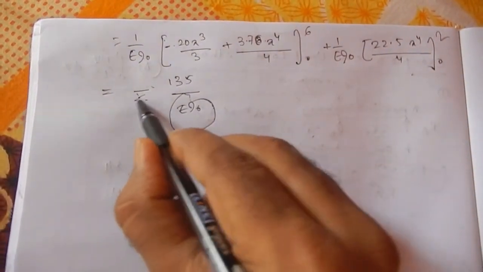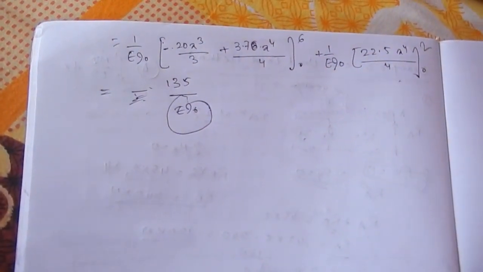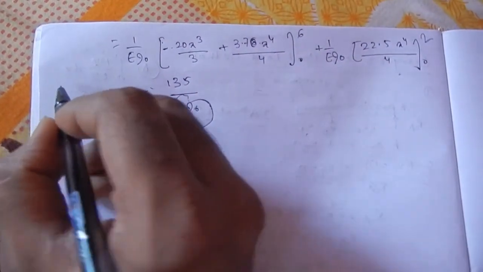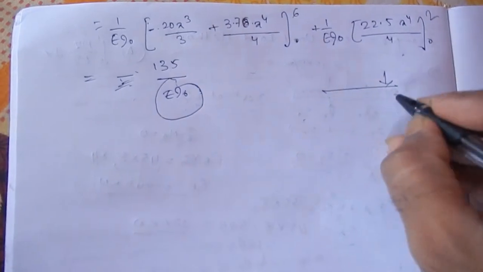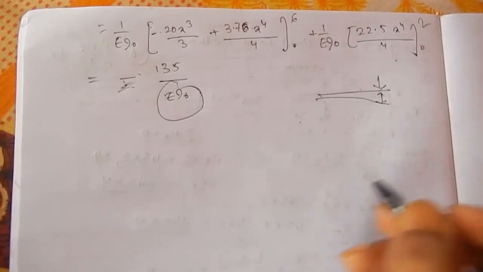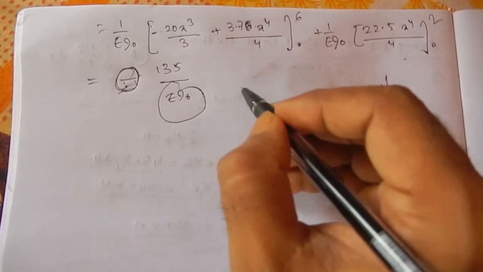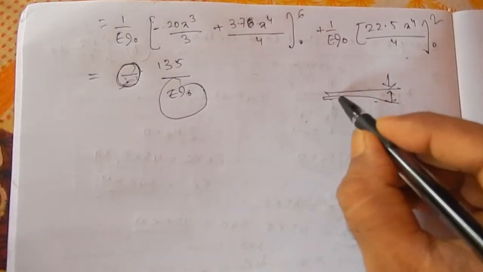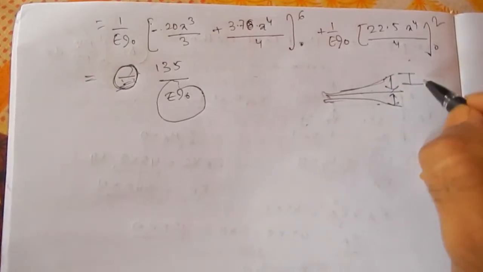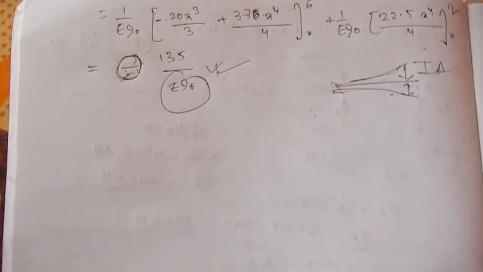And if we are having the minus sign, that means what? That means we have taken the load in the wrong direction. That means we have taken the unit load at this direction, so we have assumed that the deflection will be in this direction, right? But we are getting minus, that means our assumption was wrong. The deflection will be in the upward direction, and the deflection will be with this value, right? So this is for now.